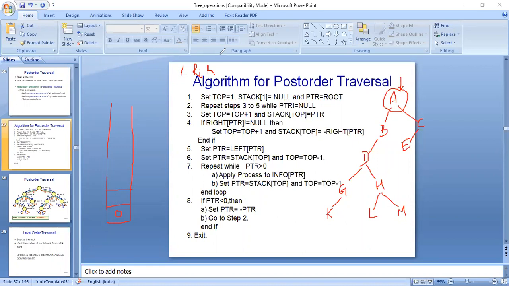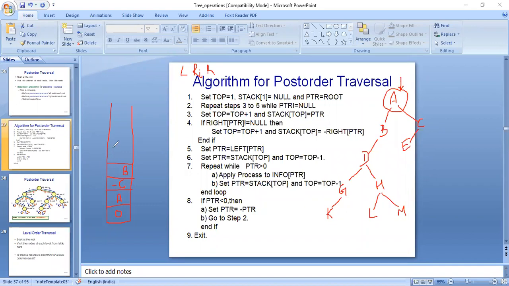I'll just show you how we are negating. So here we will be pushing the root. Root is having B and C. So we will be processing B before C. So we will be using negation C. This is the right child. Then we will be pushing B into it.